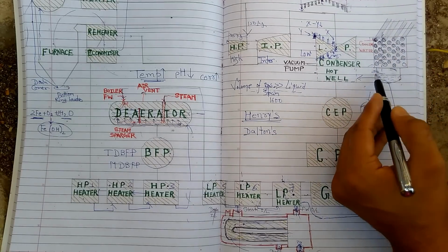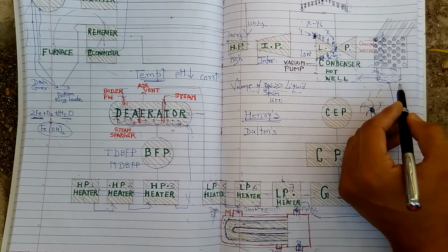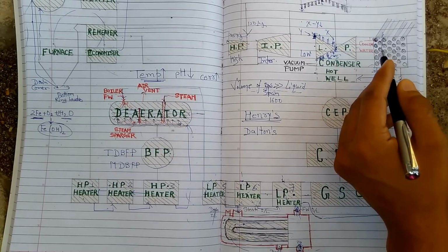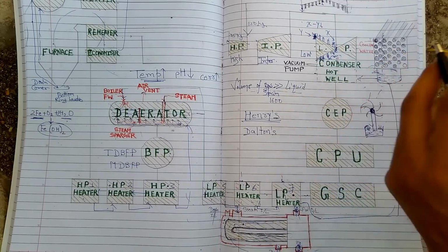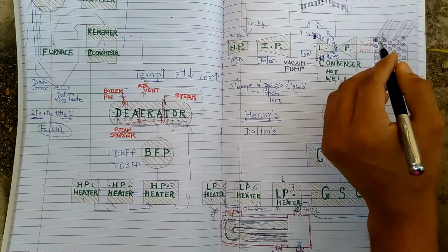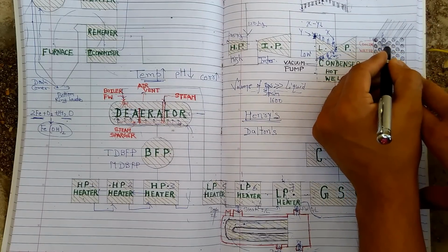It has a shell and tube arrangement. On the bottom side it has this hot well. The condensed steam gets collected into this hot well. Now, how does this shell and tube arrangement work? In the tubes